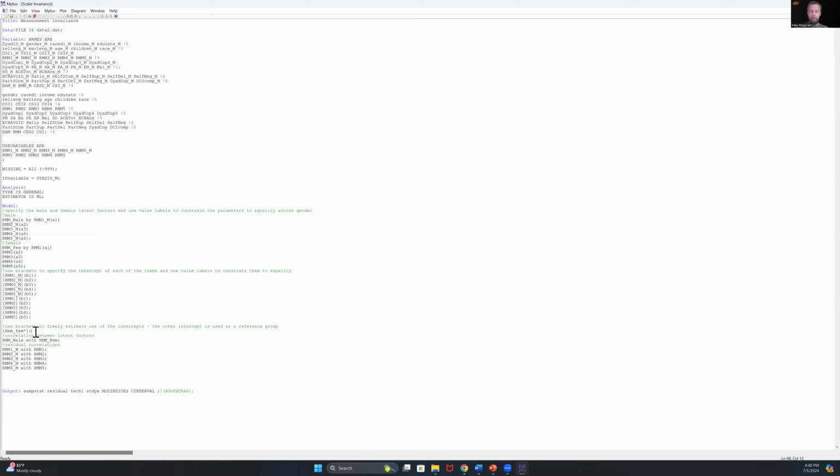The other thing that we are going to do here is estimate the latent mean difference in relationship mindfulness between males and females. How we're going to do that is I picked the female relationship mindfulness kind of arbitrarily. That might not always be the case for you, but in this example, it doesn't really matter whether it's male or female. But let's say you are doing invariance testing across treatment and control. Again, that's not necessarily applicable to dyadic data, but let's just say, for instance, then you would probably want your